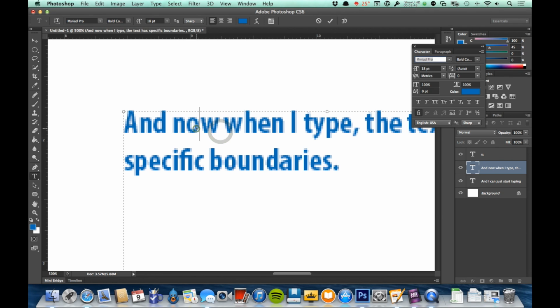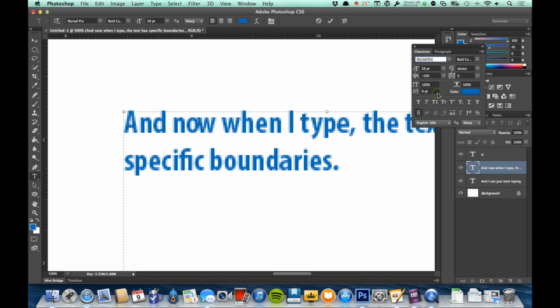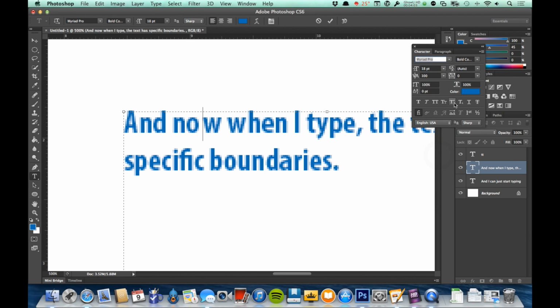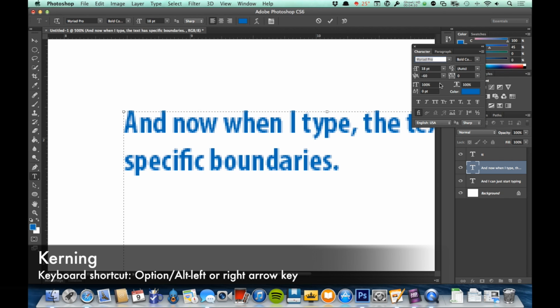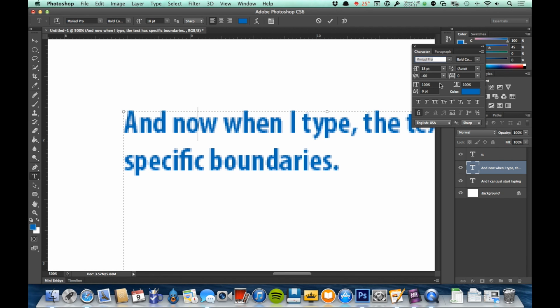And you can see when I put my cursor between two letters or 2 characters, the kerning is this one right here that has the V and then a slash and then the A, and I can go in to bring that down, which puts those closer together, or bring those up, which puts them further apart. There is a keyboard shortcut for kerning that's pretty handy. If you hold down Option, then you can use the arrow keys left and right, or on a Windows computer that's Alt and the arrow keys left and right to move the spacing between 2 individual characters like that. So that is my